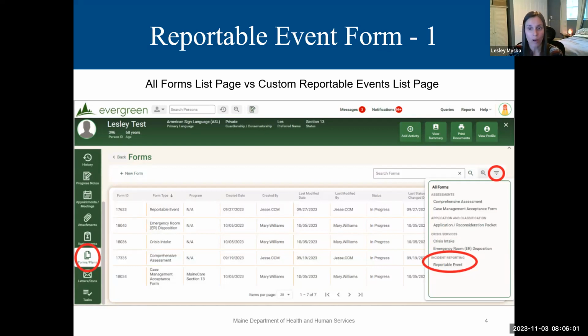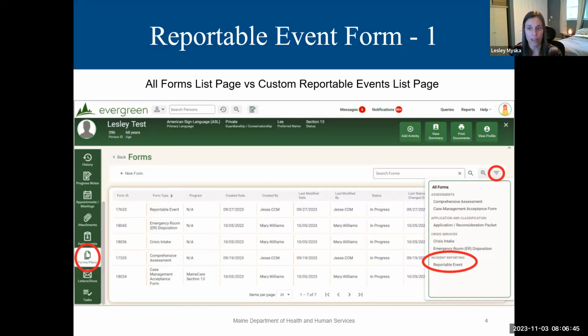And also wanted to remind everybody that access to the Evergreen person records and forms is role-based. So depending on your role, you may or may not have access to everything that you see on these webinars. For example, a case manager or care coordinator will only see the person records that they are explicitly assigned to, and all of the person's forms, whereas external providers will only see the persons that have a location assignment to a location within their organization and only be able to access forms that their role allows them to access and that have been created by a user within their organization.